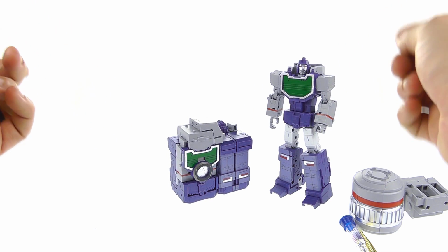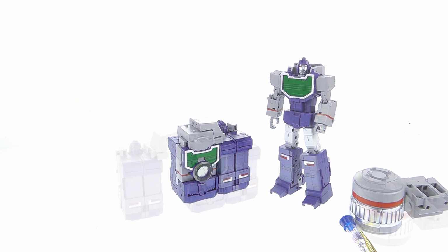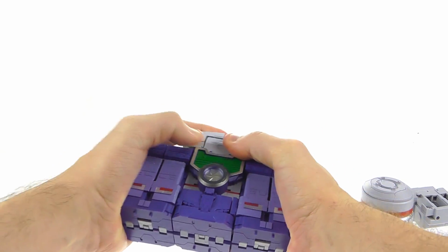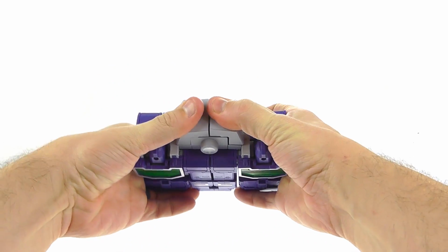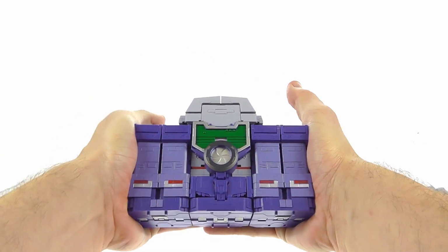So I'm going to go ahead and skip it with this guy, and then show you the final assembly for Spotter. Much like the other side, all you do is you just bring this in, you get that kind of tab down. You have to do a lot of squeezing to get it. So push that down, squeeze this section. Getting those tabs to line up can be a little bit tricky, but just like I said, give it a